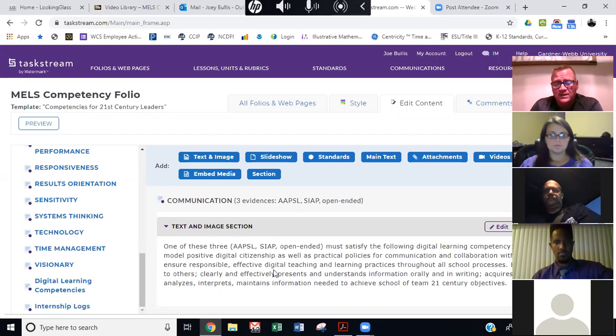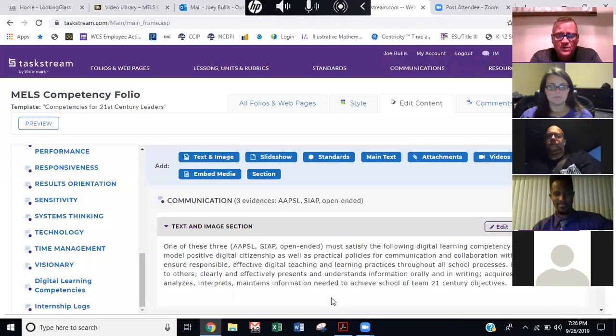That satisfies a digital learning competency. If you do a Zoom session of one of your PLC meetings, man, that's a digital learning competency right there. So just by going through these tasks, you're going to have the opportunity to show digital learning competencies.